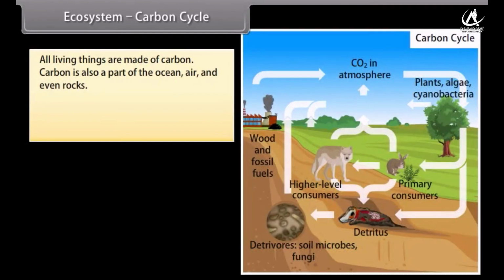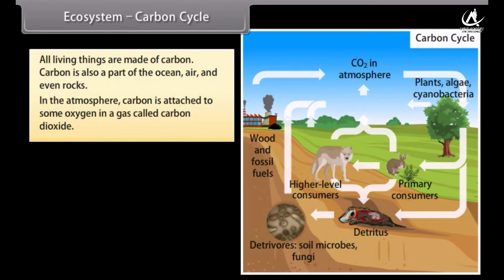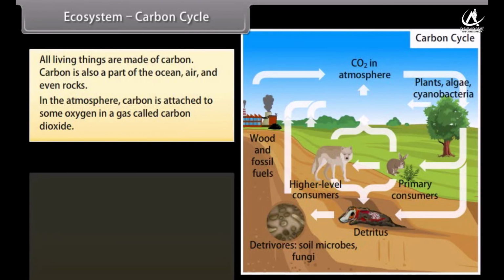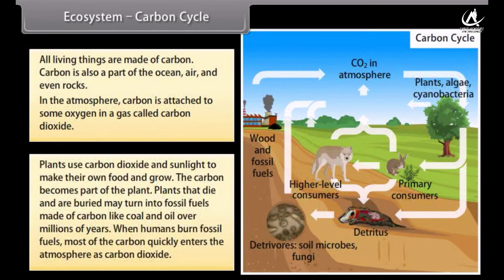Ecosystem. Carbon cycle. All living things are made of carbon. Carbon is also a part of the ocean, air, and even rocks. In the atmosphere, carbon is attached to some oxygen in a gas called carbon dioxide. Plants use carbon dioxide and sunlight to make their own food and grow. The carbon becomes part of the plant. Plants that die and are buried may turn into fossil fuels made of carbon, like coal and oil, over millions